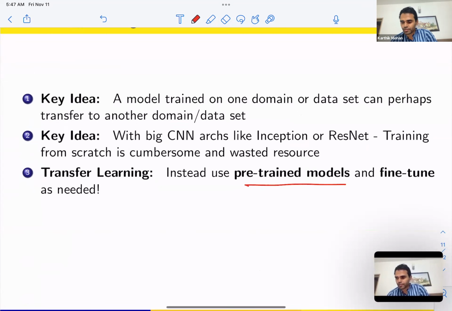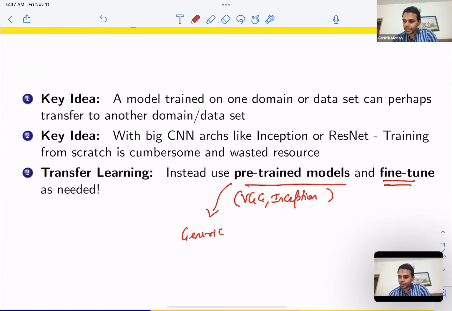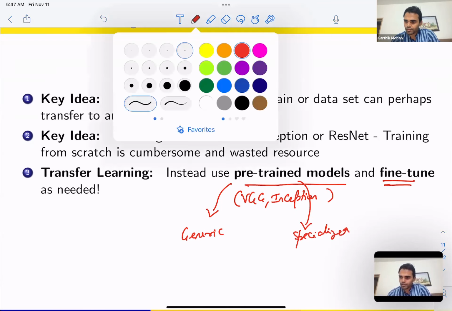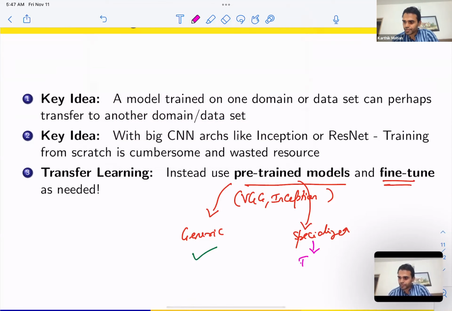So we use pre-trained models. So any of these, you can say VGG, Inception. Someone has trained it, optimized it. It's pre-trained. It's already trained, but on a different data set. It's not trained on your data set, but it's trained somewhere. So that's pre-trained. But you may want to fine-tune it because it's not specialized, right? So any of these pre-trained models, they have a generic component and there's a specialized component, right? So you want to keep the generic component and you want to kind of fine tune or